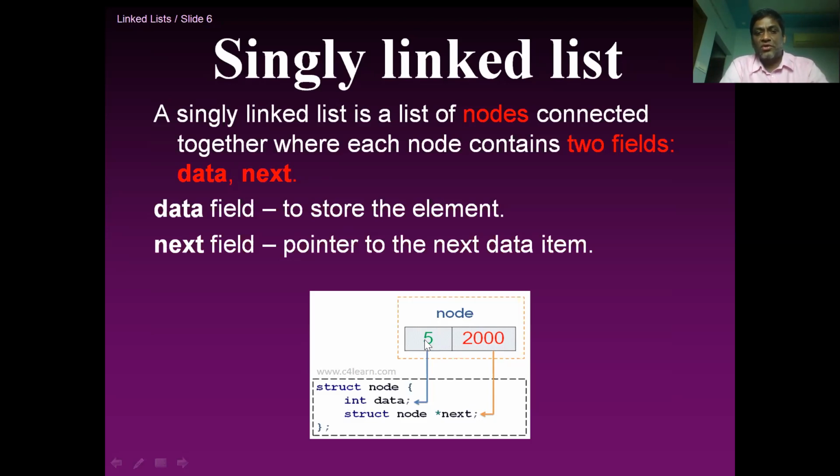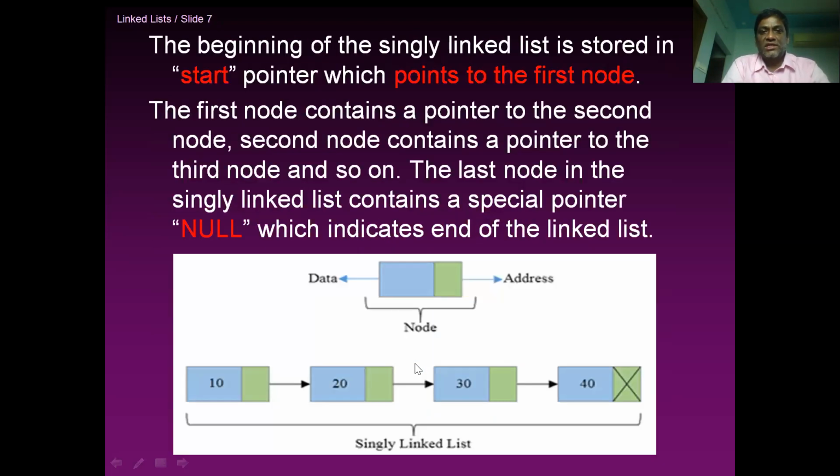So this is how you create a single node, and we utilize these nodes to create a singly linked list. So how is this actually created? A singly linked list contains a series of nodes, as we all know. The first node is the start pointer. This is the name of it, start, and the first node contains a pointer to the second node. The second node contains a pointer to the third node. The third node contains a pointer to the fourth node, and if it is the last node, it contains a pointer to null. So this is how a singly linked list looks.